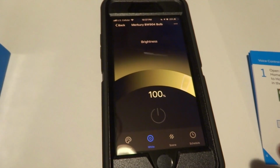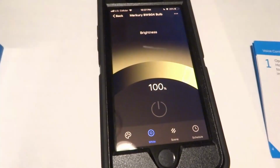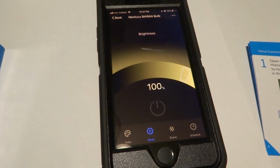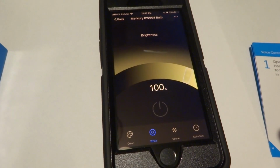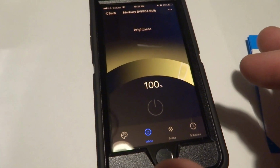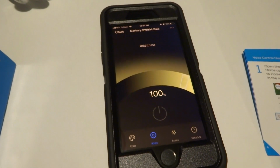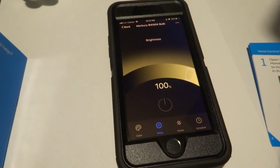And you just turn it off by this power button. Off, on, off, on. That's pretty fast. There's really no lag there. A lot quicker than walking to the power switch. So that is how you set up your smart bulb. This is the Merkury Innovations 75 watt